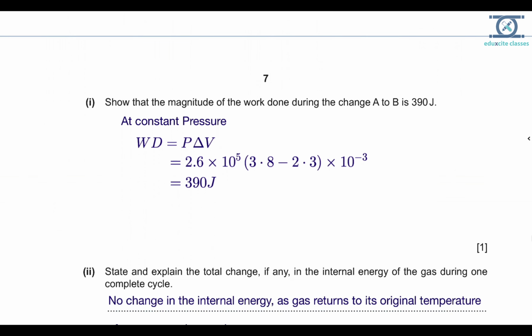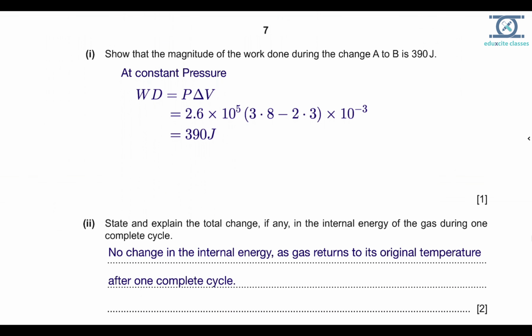Show that the magnitude of the work done during the change from A to B is 390 joule. We have to show. Also it is mentioned that from A to B there is a constant pressure, so the work done will be equal to pressure times change in volume, that is P delta V. So the pressure, which is remaining constant, we can find out,